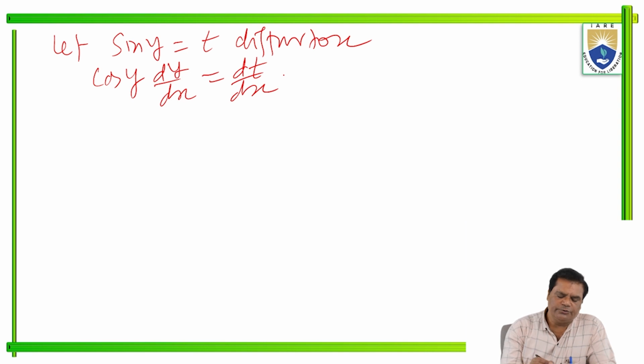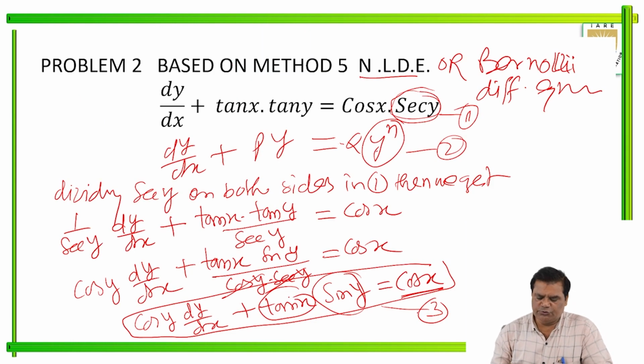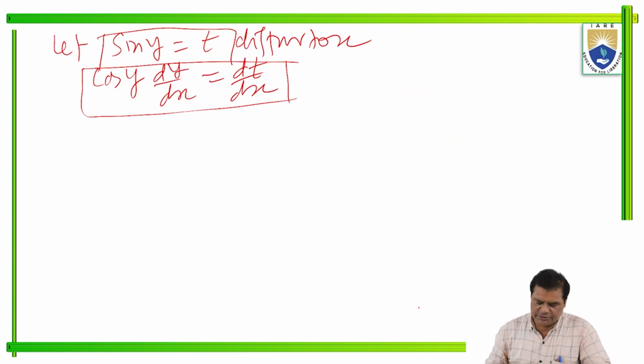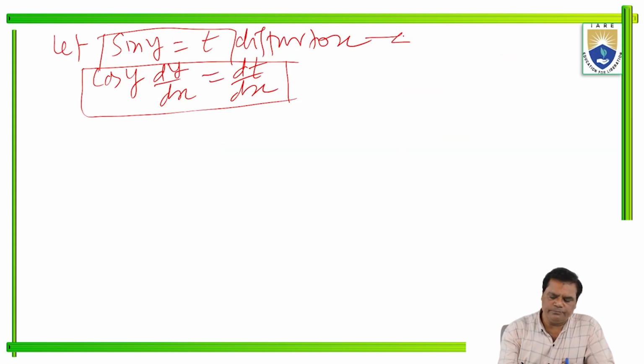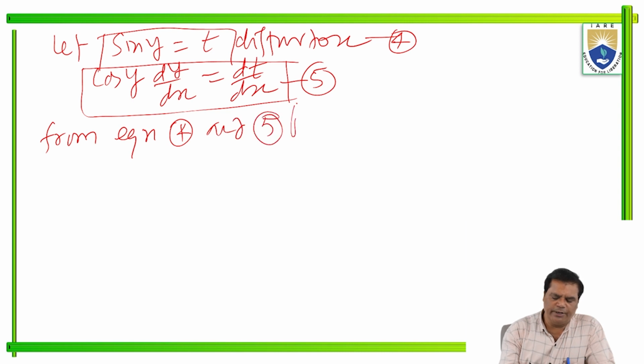So this value is equation 4 and this value is equation 5. Putting 4 and 5 in 3, then we get